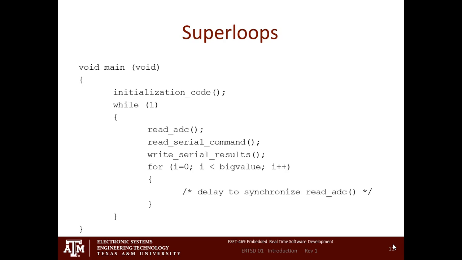Nothing real difficult. But you notice how we're trying to periodically read the A to D converter. You notice the way that we're doing our time delay. We're just doing a for loop with a big number and letting it count. Bump, bump, bump, bump, bump. You guys ever done that in a piece of code?